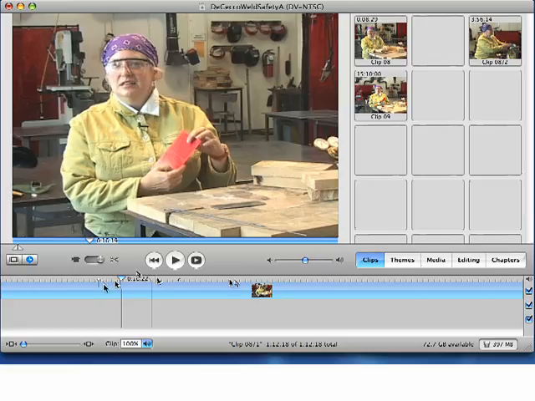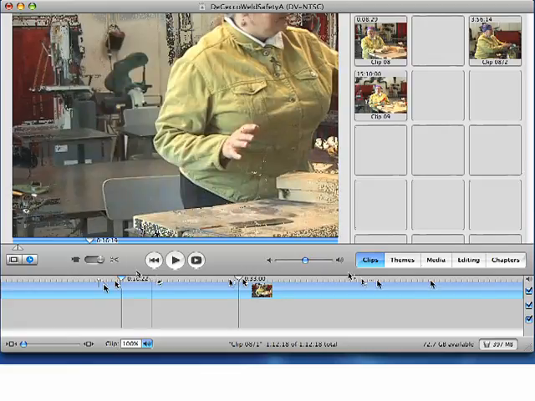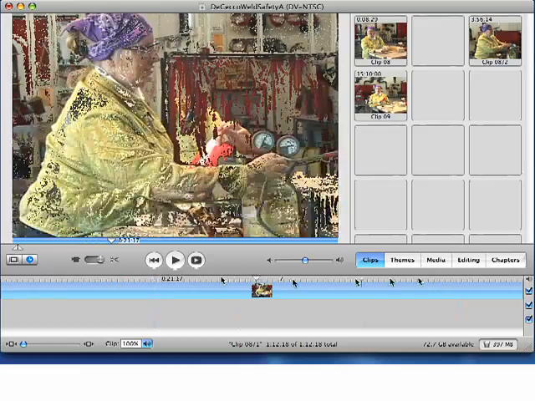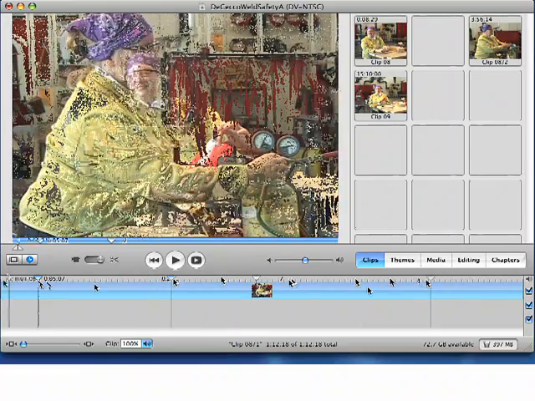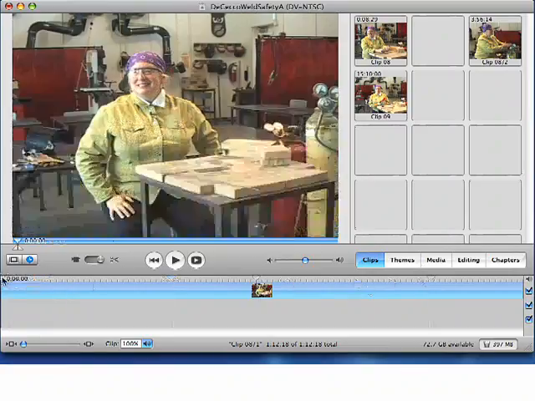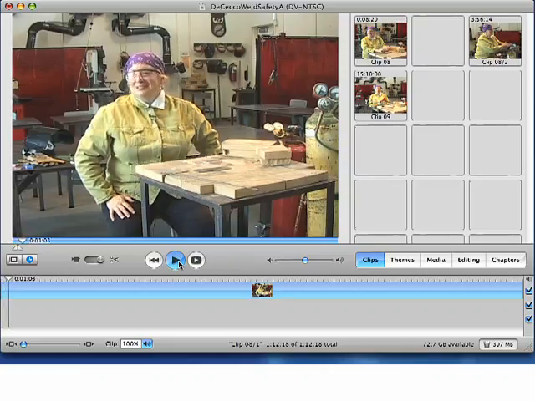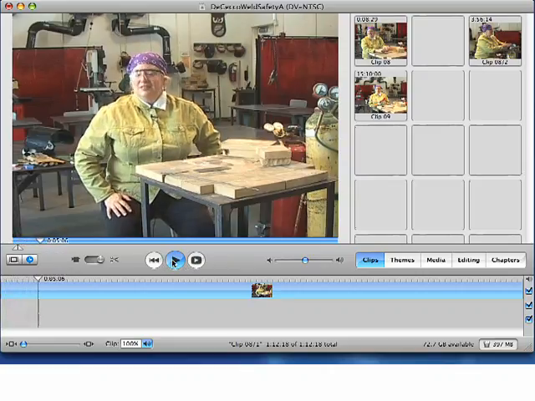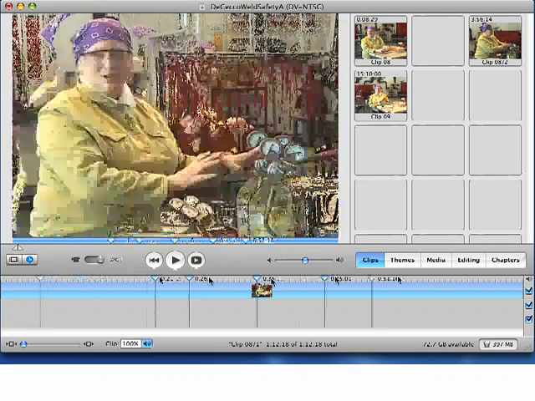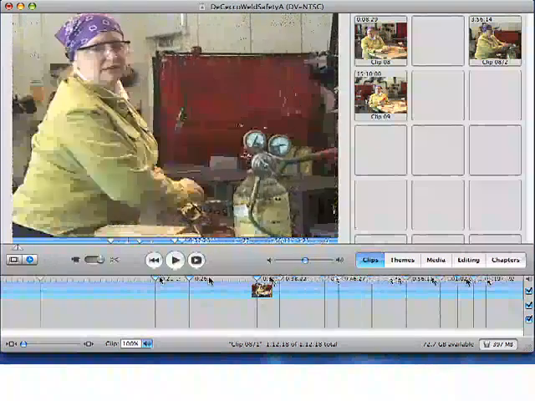You see, I can click in this dotted track above the clip, and that's representing time from left to right. So if it's all the way over to the left, it says 0, 0, 0. That's at the beginning, of course. I can use the play controls to start playing the clip. I can pause it. I can click and drag across the clip and again scrub the clip